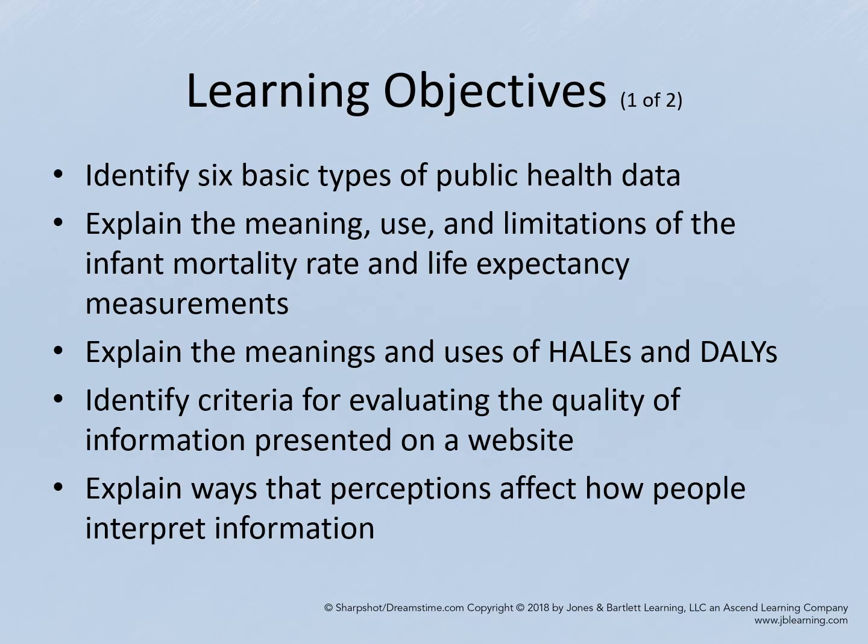By the end of the chapter, our learning objectives include to identify 6 basic types of public health data, explain the meaning, use, and limitations of the infant mortality rate and life expectancy measurements, explain the meanings and uses of HALEs and DALYs, identify criteria for evaluating the quality of information presented on a website, explain ways that perceptions affect how people interpret information,